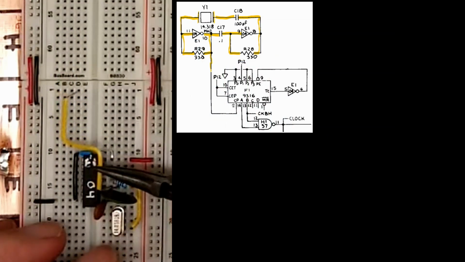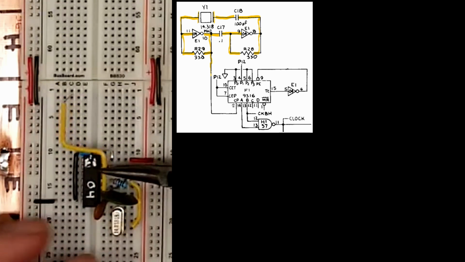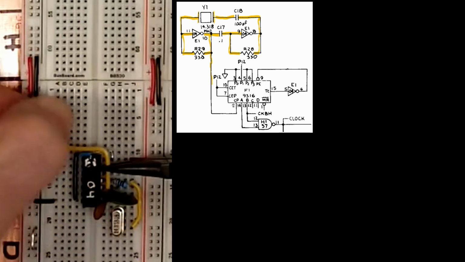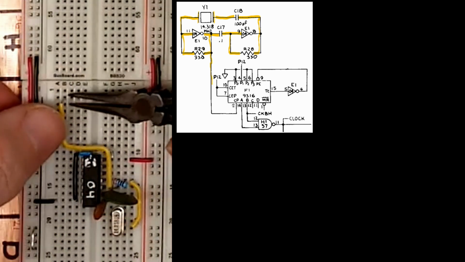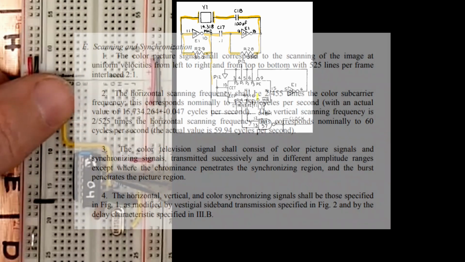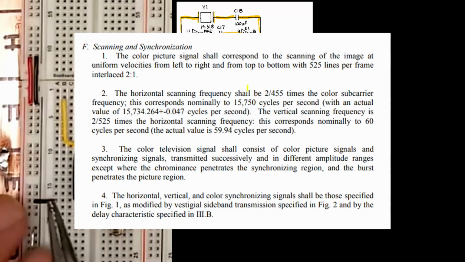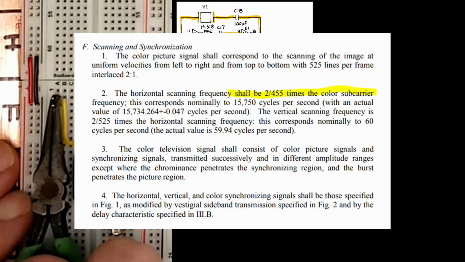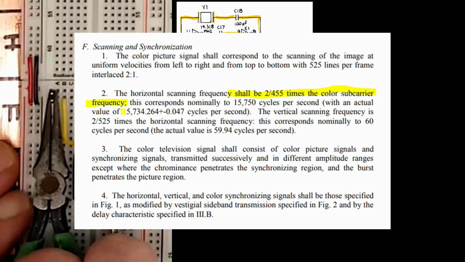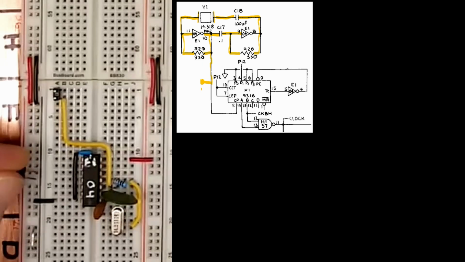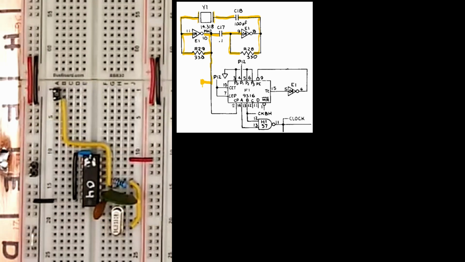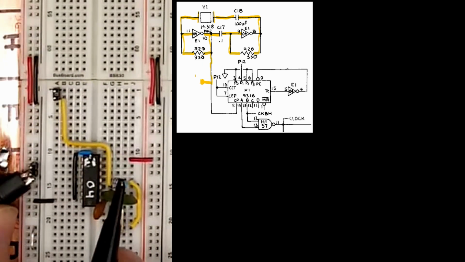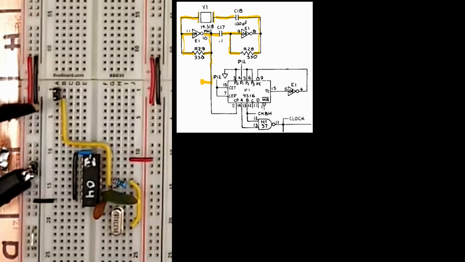Another timing example is that a single horizontal line takes exactly 910 of our oscillator cycles. The NTSC spec shows this as 2 times the color burst frequency divided by 455, which is about 15.73 kilohertz. 455 is half of our crystal's 910 cycles per line, so this makes perfect sense. And we'll see more of this timing later.